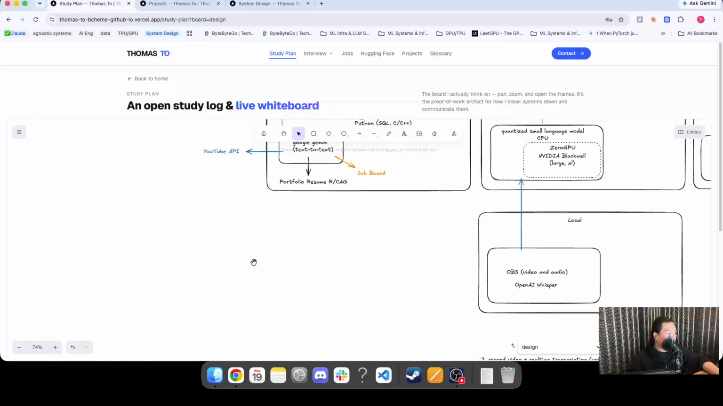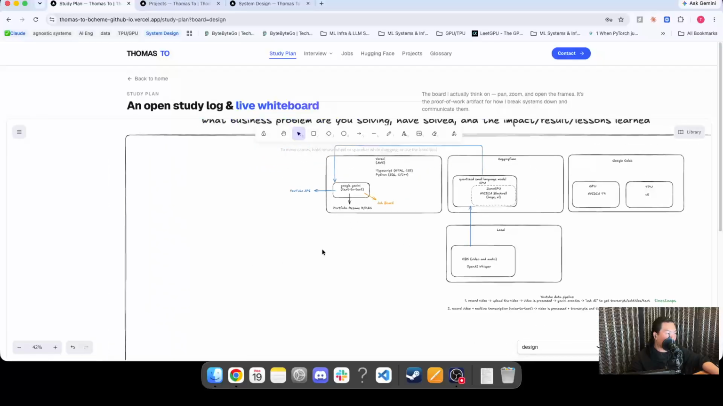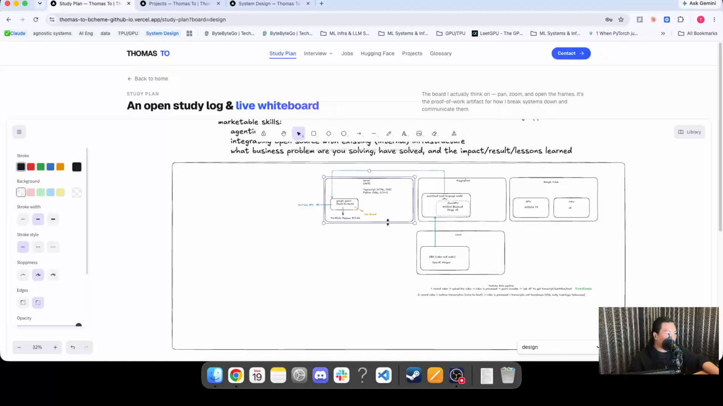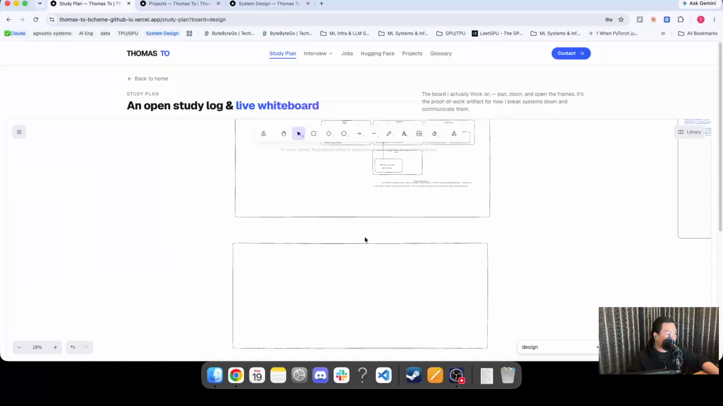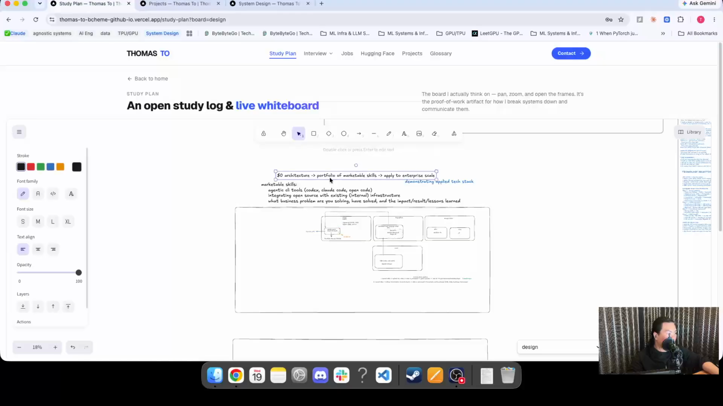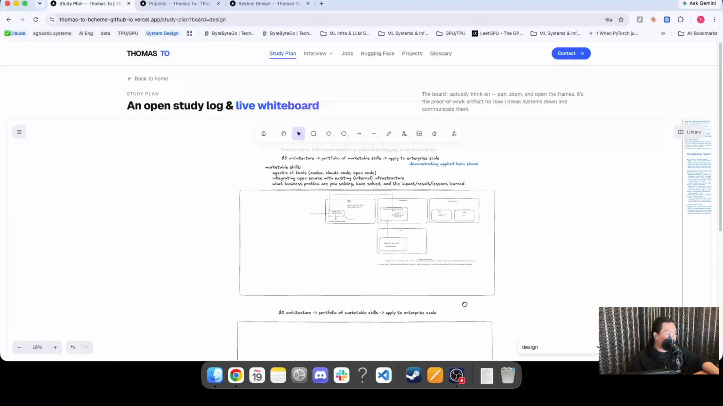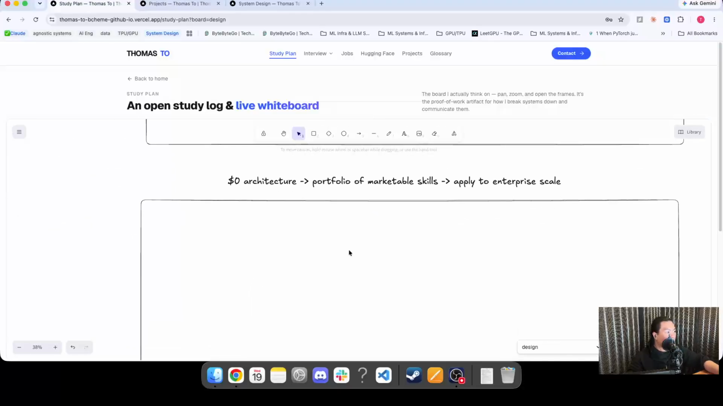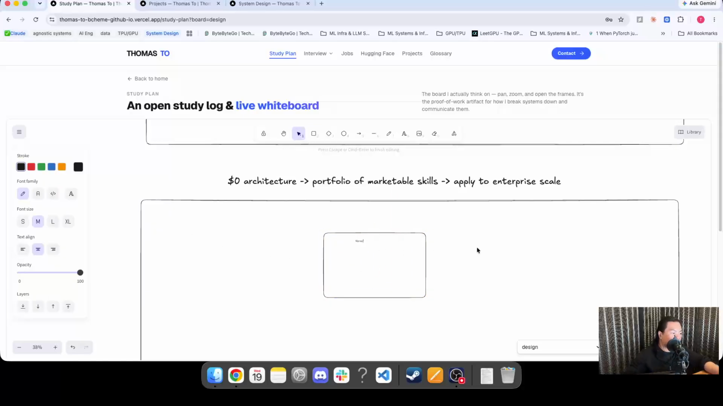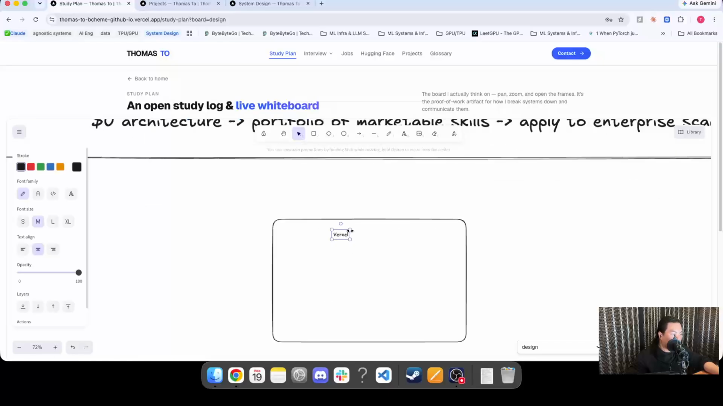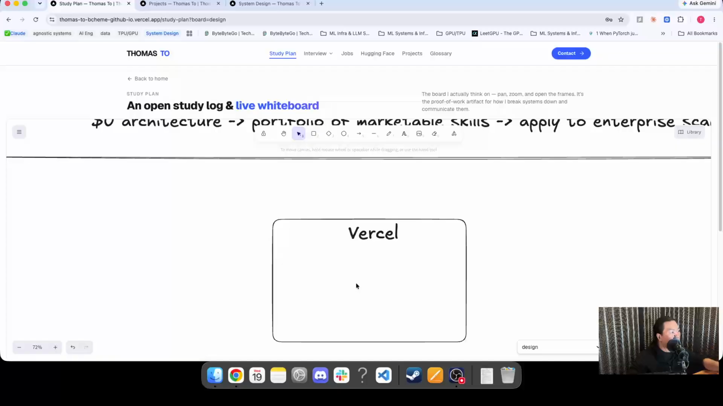So the job board, let's see. So let me just make it cleaner. Let me just start another page here. Let's do this again. So we have zero cost architecture. All right. This one, very similar. We have Vercel as our portfolio landing page. This is acting as our compute for our front end. All right. So the job board